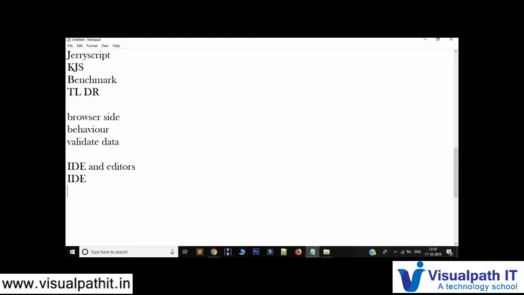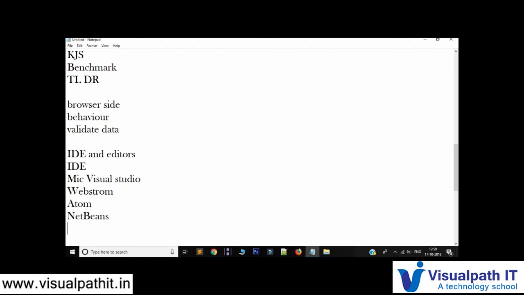The first thing which can be used is Microsoft Visual Studio, which is really very comfortable for JavaScript. The second is WebStorm, the third is Atom, the fourth is NetBeans.